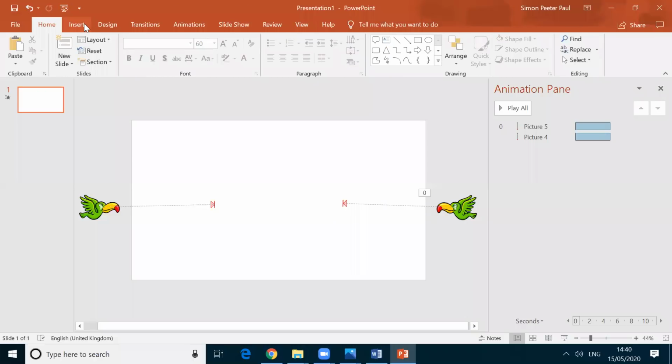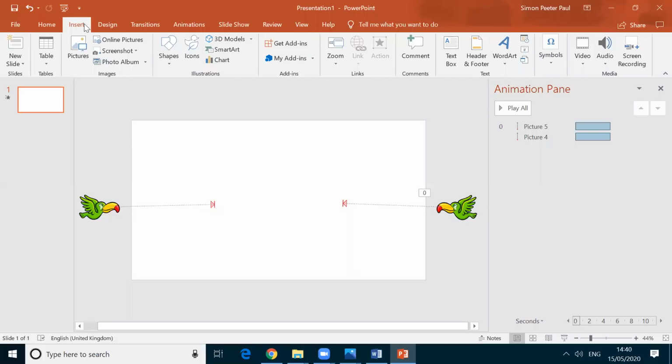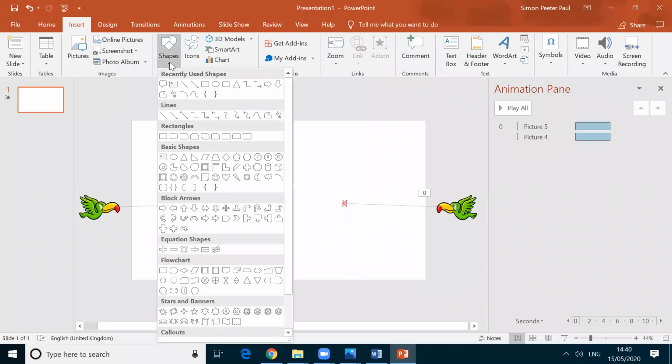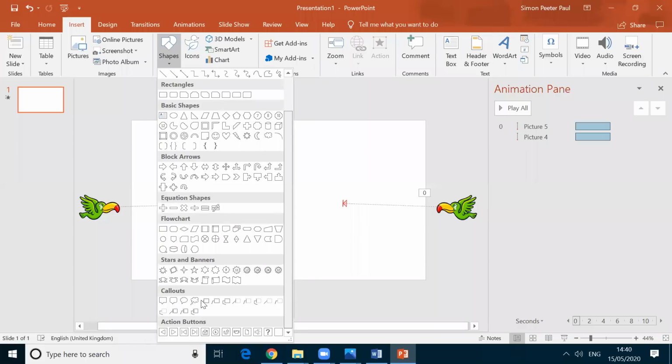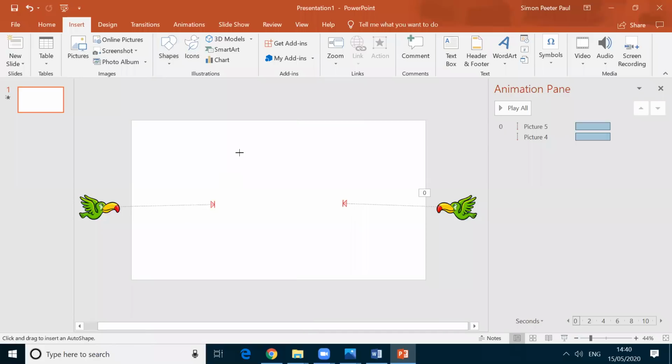Here I clicked insert, and after that I selected the shapes. Click on the shape, and after that I'm scrolling down. Here the callouts are given. I'm selecting the second one, speech bubble, and then I am drawing here.